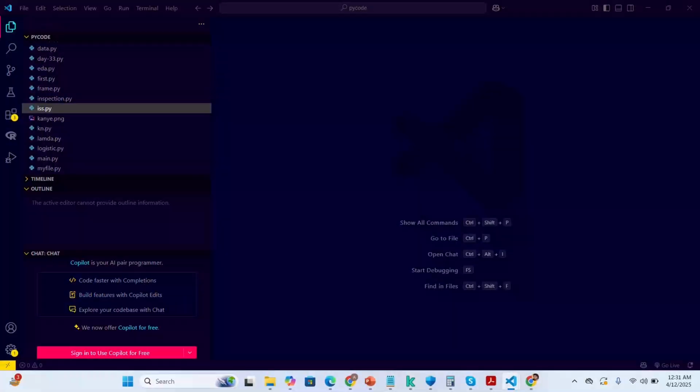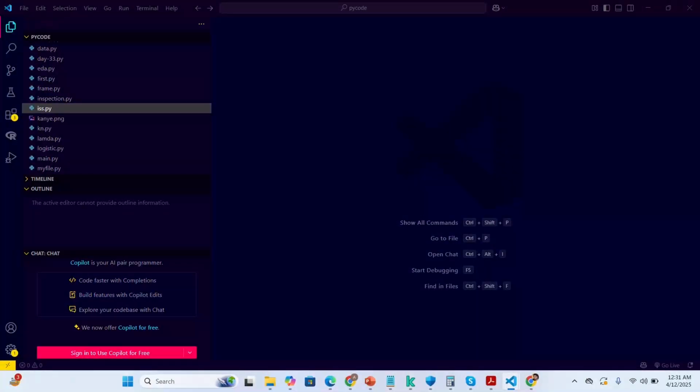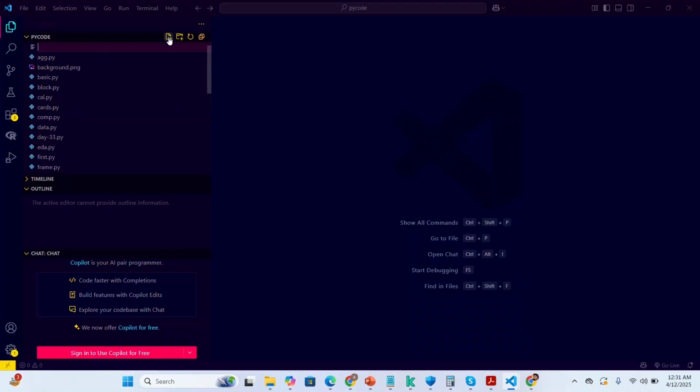Hi everyone. In this session I am going to present how we can create multiple data frames, and after creating the data frames, how we can concatenate the multiple data frames. So without wasting your time, let me navigate towards creating a new Python file, and let me specify the name of this file as